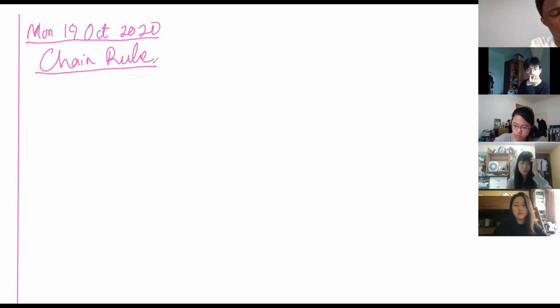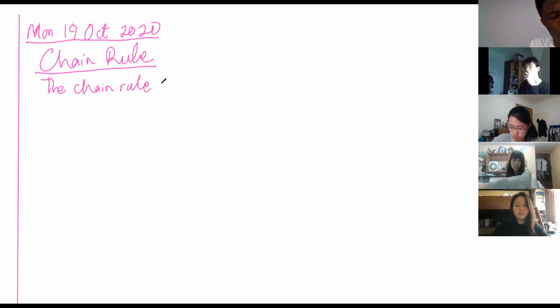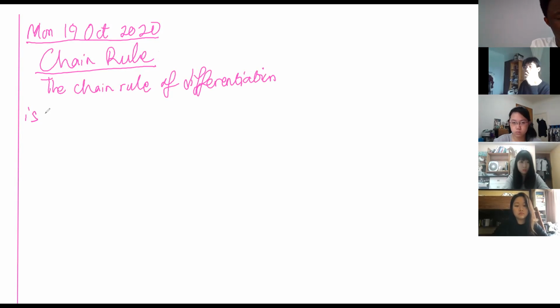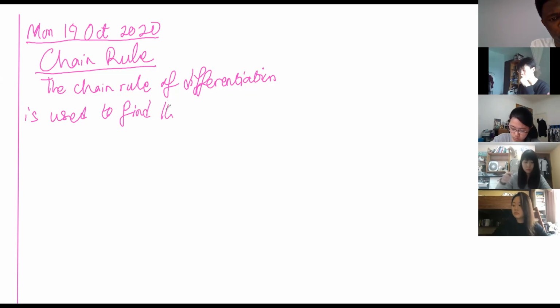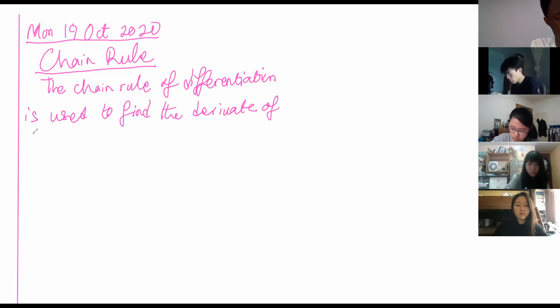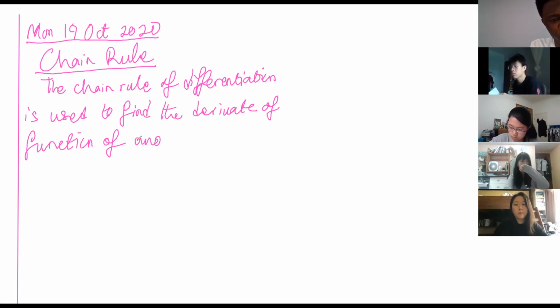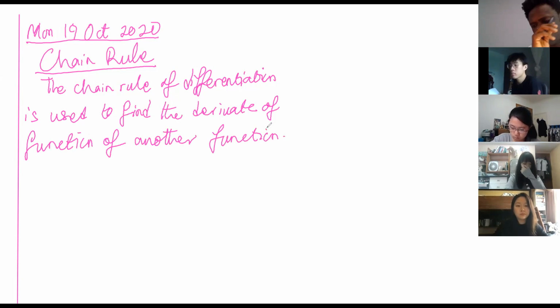The chain rule is used for the derivative of a function of a function. The chain rule of differentiation is used to find the derivative of a function of another function. That is,